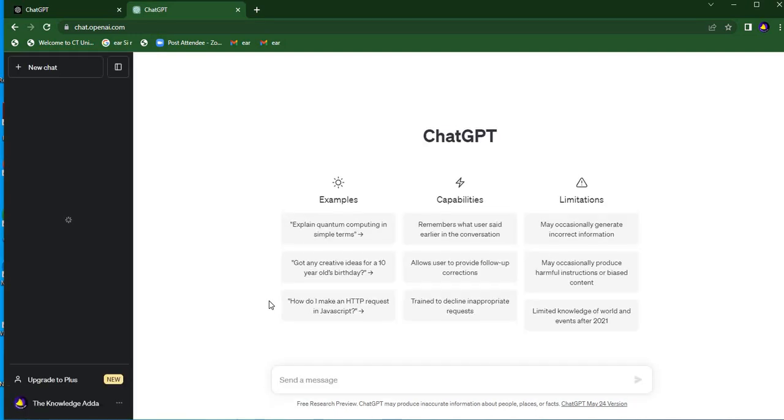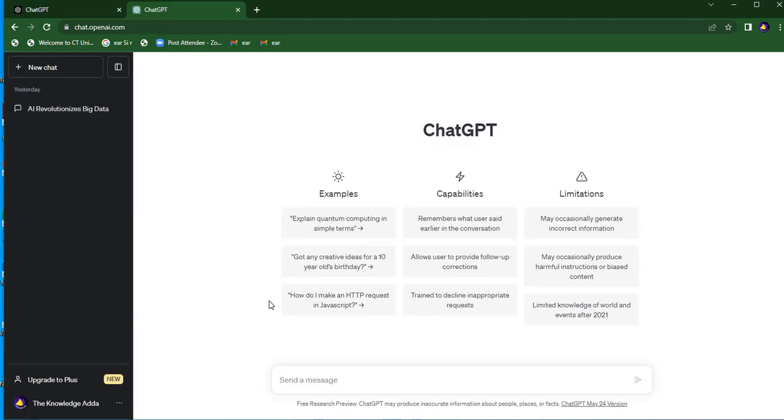Basically, I have already created an account, so this page will open. But what happens when you click on sign up and select your Gmail ID is that they send a code to your email ID or your WhatsApp, because nowadays whenever you create a Gmail account, a mobile number is connected.